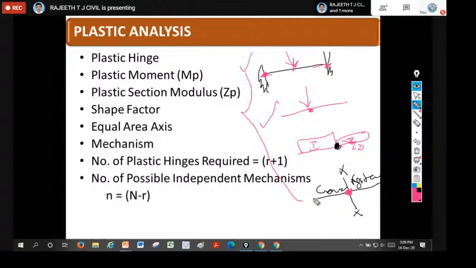So these are the possible locations of plastic hinge formation. At fixed supports, to form a plastic hinge, the moment should be MP, and there will be a rotation, and also there will be a contribution of MP moment. So it is possible at fixed support, under point load, at change of cross section